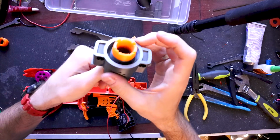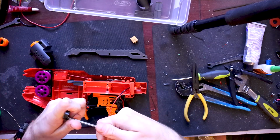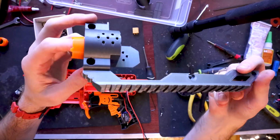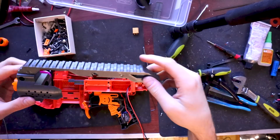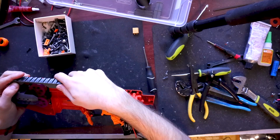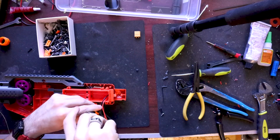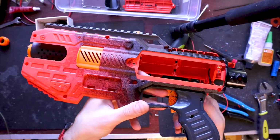There we go, that looks pretty sharp, and then we're going to affix that using the screws that originally held the rail together to the rails, making kind of one complete system to replace the original, and that should just drop right into place. The screw ports are designed to line up with the original screw ports. Maybe need a little bit of a reaming out if they happen to be a little too tight, but then you can put your entire shell back together,